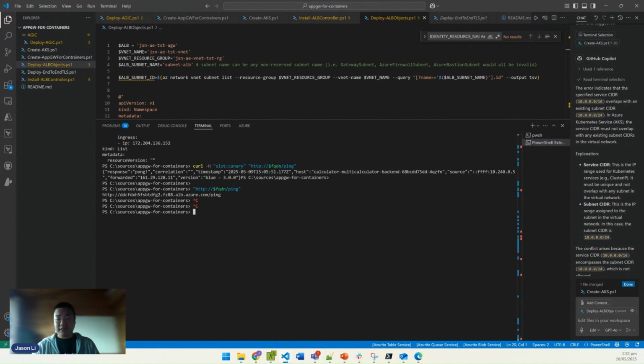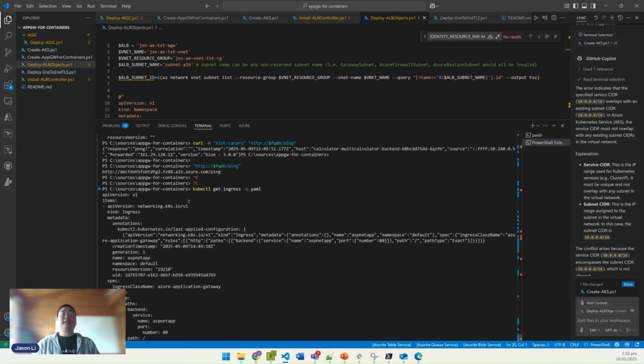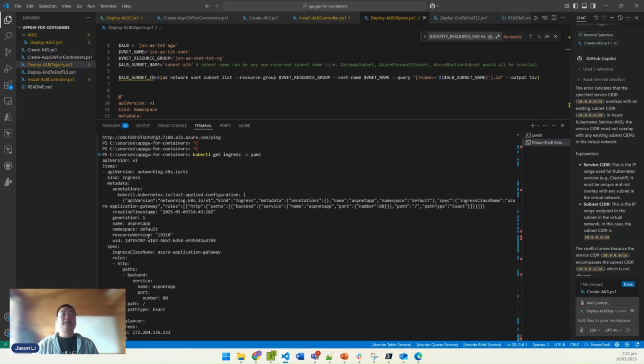So if I quickly show you, if I show you in here, the ingress. You can see this is the ingress that we defined. I think I have a custom annotation just to see that. Okay, so this ingress is